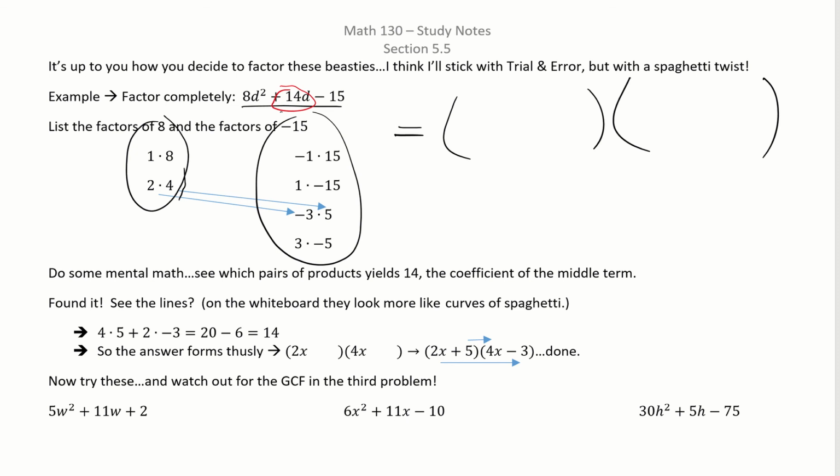A lot of times it's the smaller numbers that work, but watch this. Okay, 4 times 5 is 20, but then 2 times negative 3 is negative 6. What happens when we add them together? 14. We're happy. Say you're happy. Okay, so the winning numbers, I look at them, there they are, and I put them together